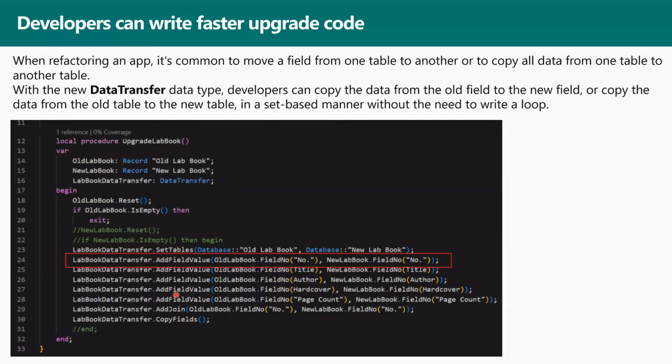So with this new data transfer data type, you point to your old table and new table. You can create a data transfer variable, and you can set the tables, what is the source and what is the destination of the data transfer, and you can map the fields from source to destination that you want to move. You can also use joins between the old and the new table. And then you launch the data transfer with your data transfer variable .copy fields. This instruction works at SQL level as a set-based SQL instruction. So absolutely performant